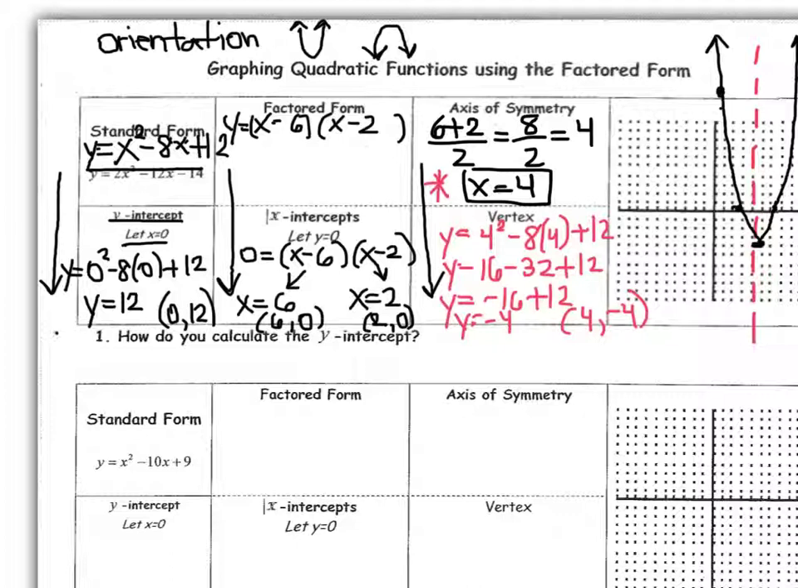Okay, last thing, and then I'm going to let you work a little bit on your own. You answer then the question after the table. How do we calculate the y-intercept? Well, look at your table. Where did we calculate the y-intercept at? Well, we calculated it right here, and we found it by letting x equal 0. So in words, it's important to verbalize our mathematics. How do you calculate the y-intercept? By letting